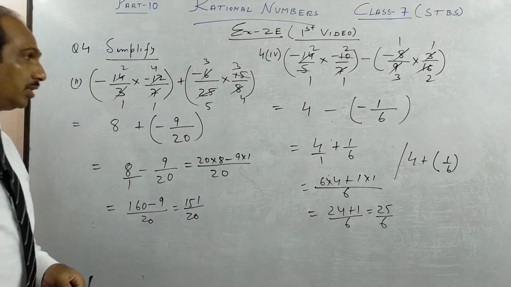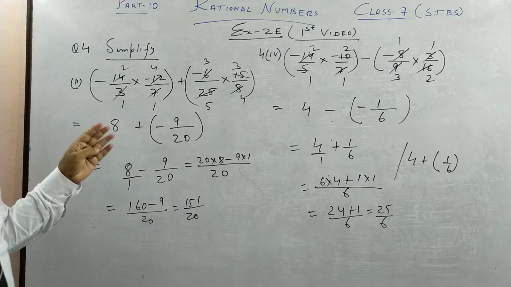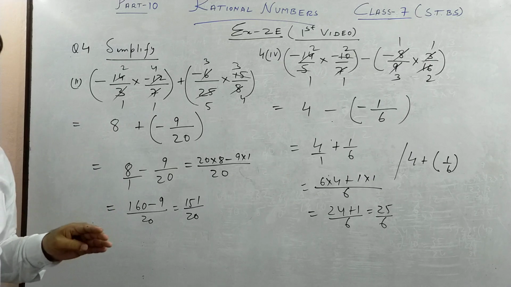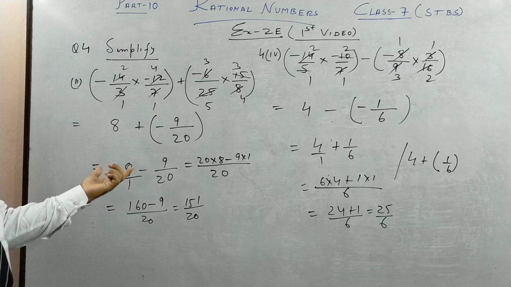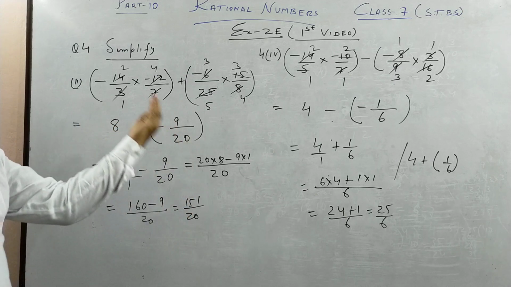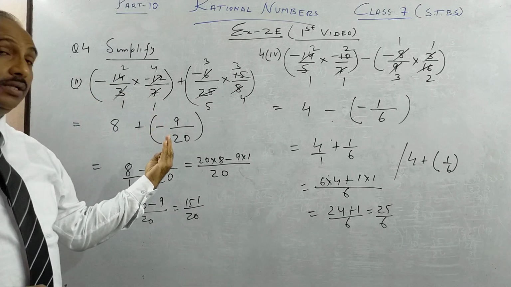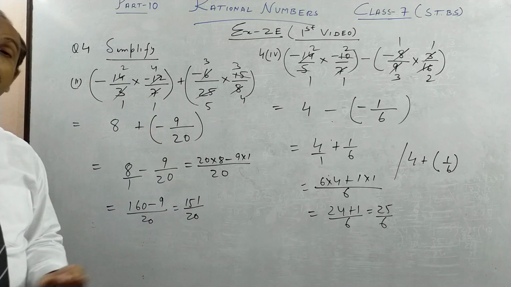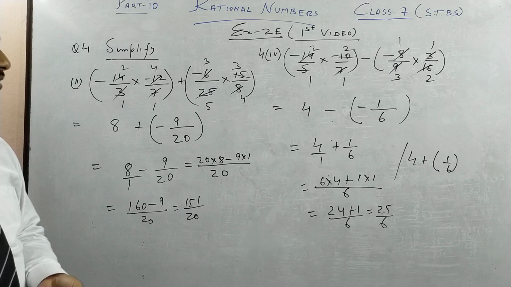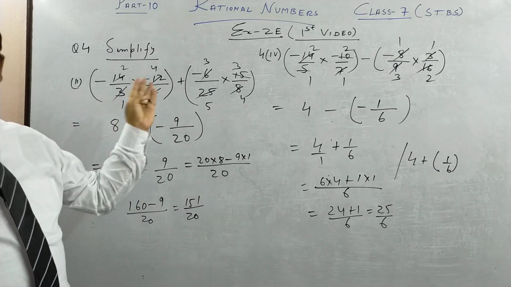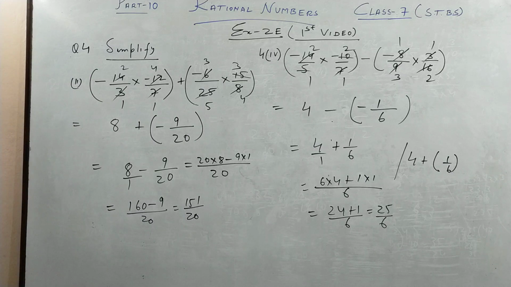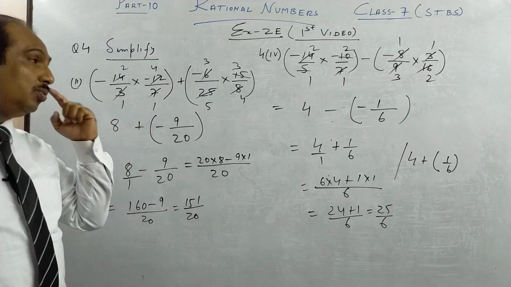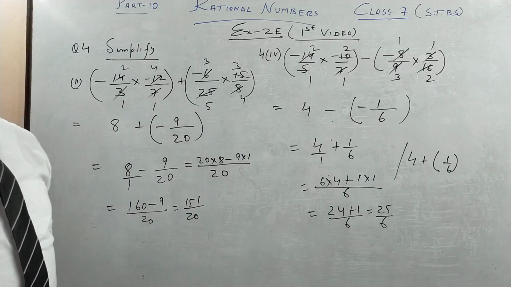So boys, I have done up to 4. Please try all the questions from 1 to 4, check the answer, and I hope if you practice, you pause the video, you go back, and then you will understand it better. There are some good solved examples in any book you see, and then you try what I have not done, questions 1 to 4 of exercise 2E, rational numbers, where we have learned multiplication of 2 or more rational numbers.